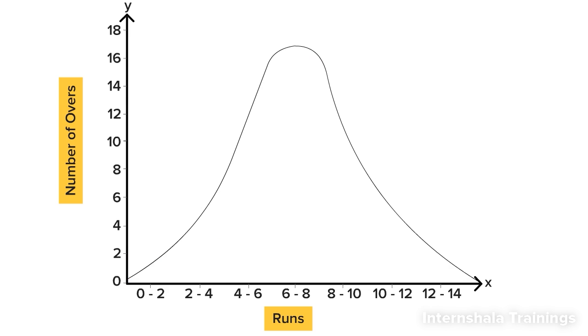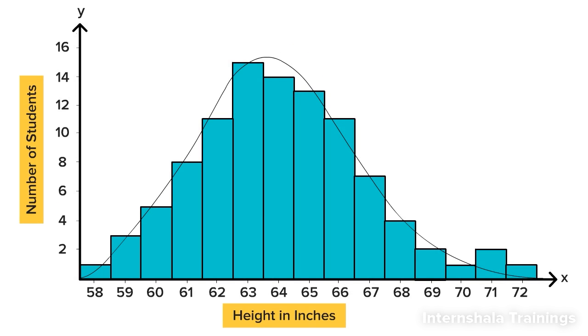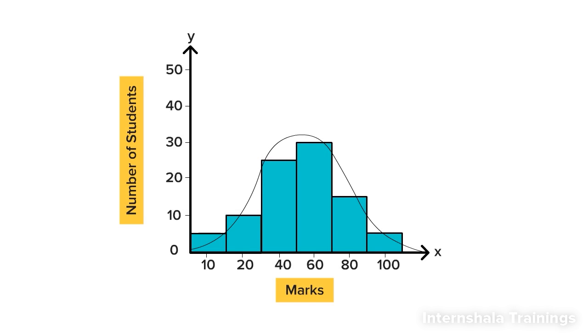Whenever our histogram is bell-shaped, that is, slowly the frequencies increase at some point and after that it starts decreasing, we say that the data is normally distributed. We see normally distributed data at several places in nature. For example, if you were to plot a histogram with number of people in each height range, you might see that a few would be rather short and a few would be quite tall, but majority would fall in a specific range. Same is true for marks in an exam. Some would score high and some would score low, but majority would hover around a specific range.